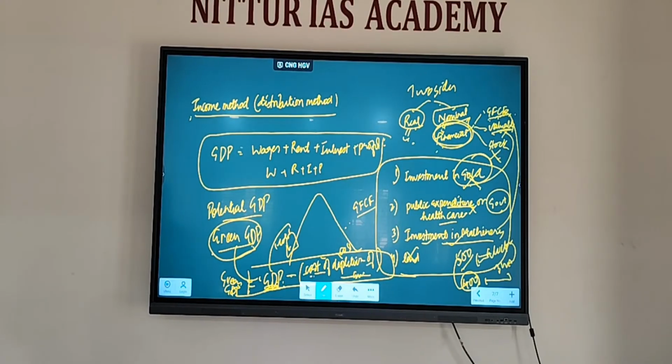Clear? Any doubt regarding this one? So this is another aspect you have to keep in mind. Fine. So this is all about the concept of GDP. Have a break, then we'll continue with NDP and